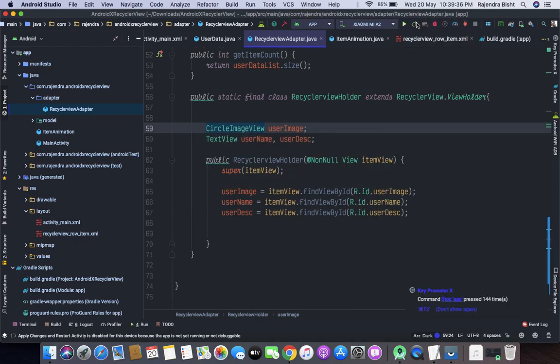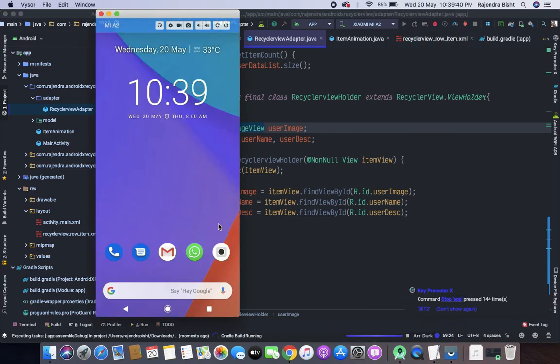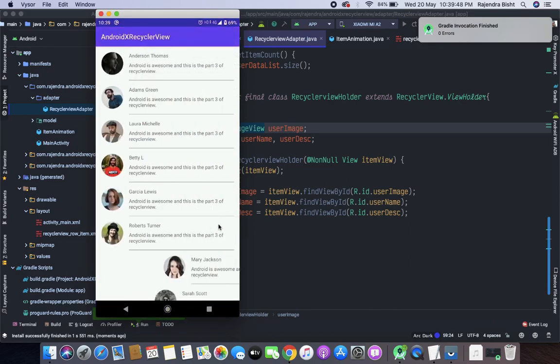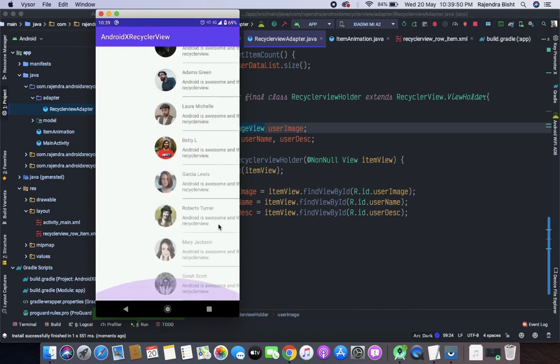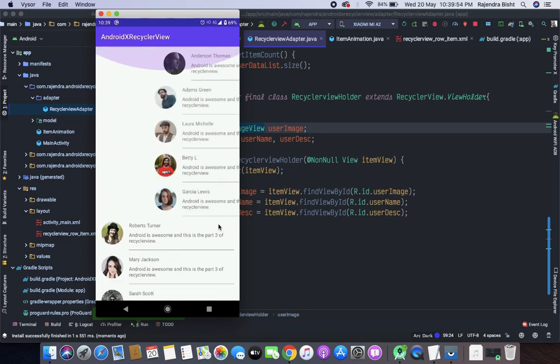Let's run it. So you can see that it looks pretty cool, as compared to the previous one.